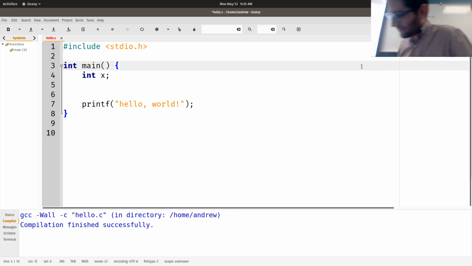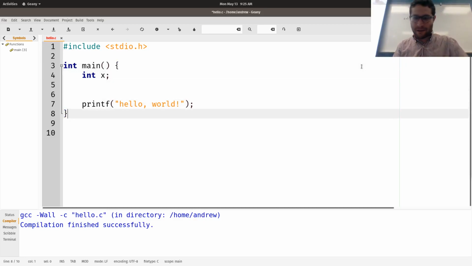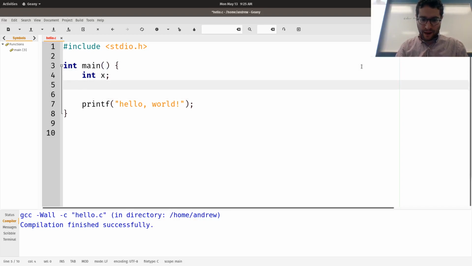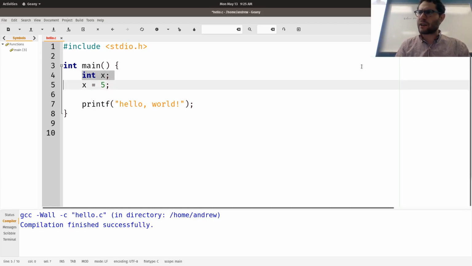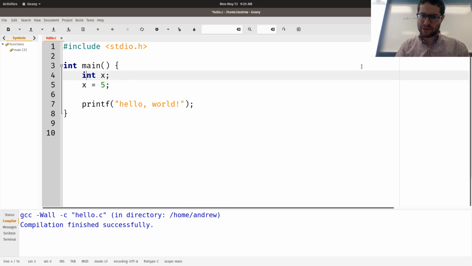So, let's go ahead and actually I'll write a nice big program for you guys, which will show you some things. But first, let's just do int x. Now, I can give x a value like 5, right? There are two statements here that I just did: a declaration and an initialization, which says, hey, I've created a variable called int x, and I've given x the value of 5.